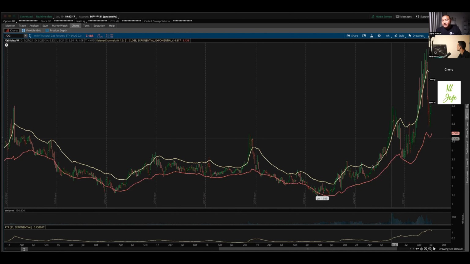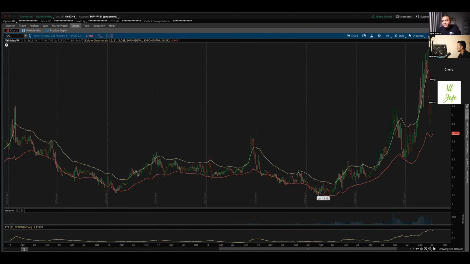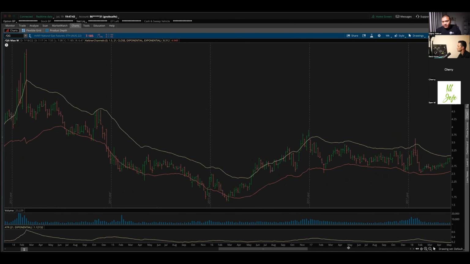So you can play this market out a few ways. You could ride the wave up, right? I could tell you it'd be hard to try to catch it at its peak. You're going to have to wait for it to drop down a little bit and just capture the middle. And then you can trade the counter-trend move where it drops drastically down. So let me zoom in here.